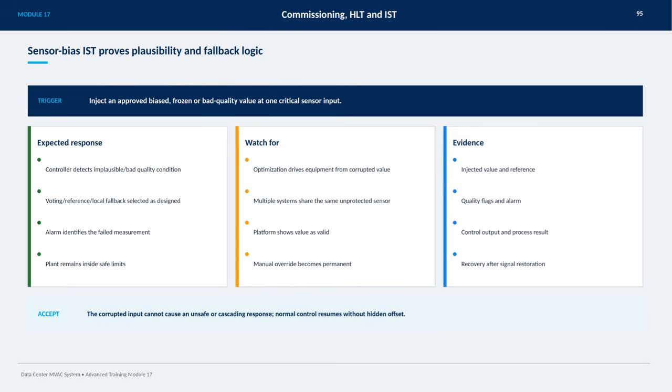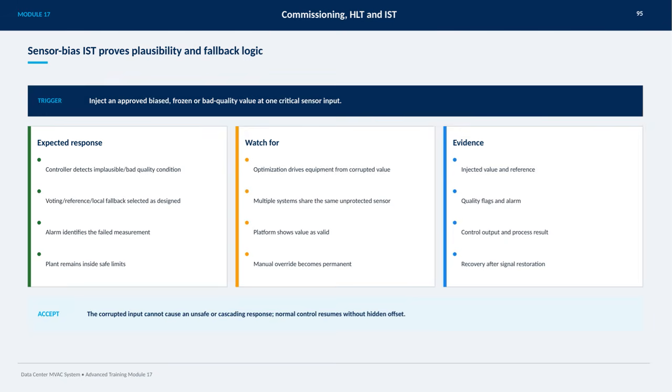Following detection, the system should automatically select voting, reference, or local fallback as designed, and an alarm should clearly identify the failed measurement. It's essential to watch for scenarios where optimization attempts might drive equipment based on corrupted values, or where multiple systems share the same unprotected sensor, which can increase risk. Additionally, be aware if the platform displays the corrupted value as valid or if manual overrides become permanent, undermining system